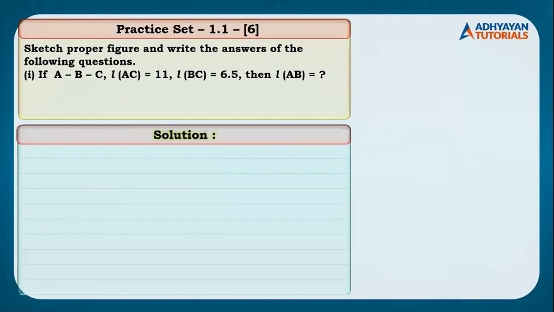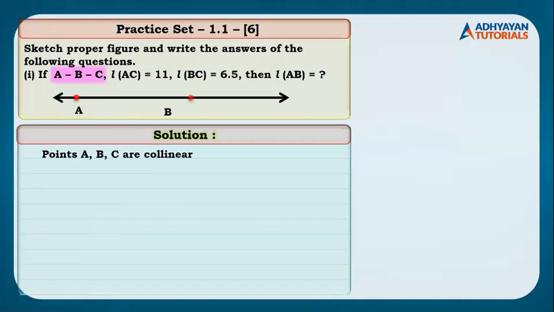If A-B-C, I'll stop here itself. Why? Because this is very crucial information. The betweenness property is already given to us. That means this time we are pretty much sure that B lies in between A and C. So here, is there a need to discuss cases? Perfect, there is not. So we directly draw the figure, stating points are collinear definitely.